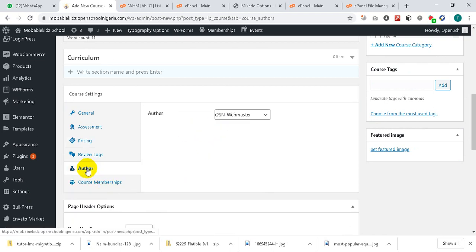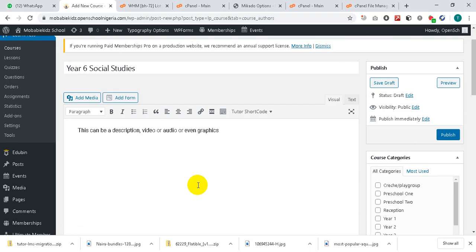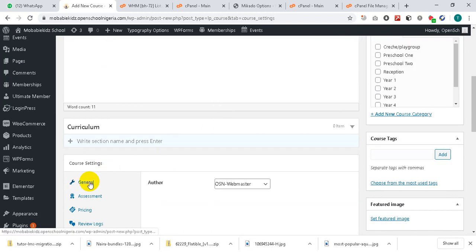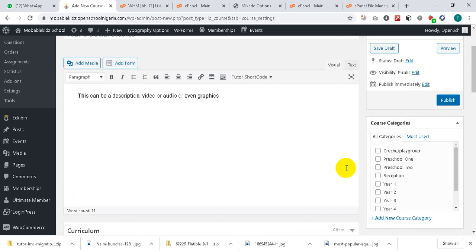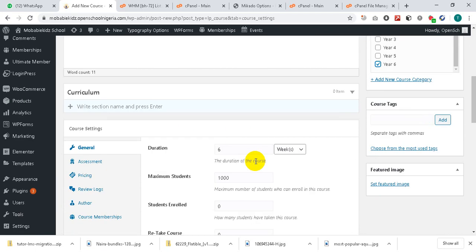The next option is author. But like I explained in a previous class, your focus should be: one is course title, second the course description, third the duration of the course itself, and the next one will be to select the category or the class that this course is going to. Once you're done with that, you go to